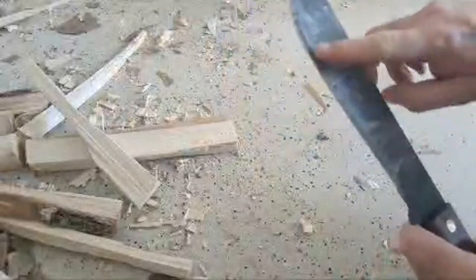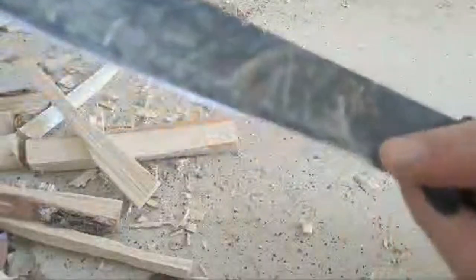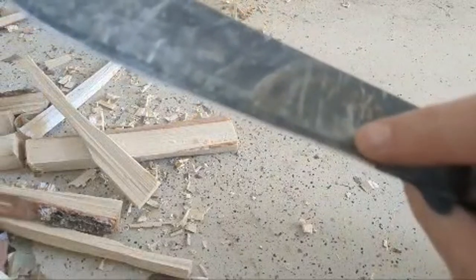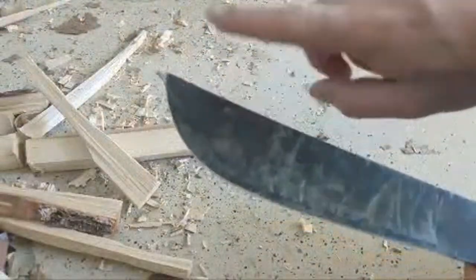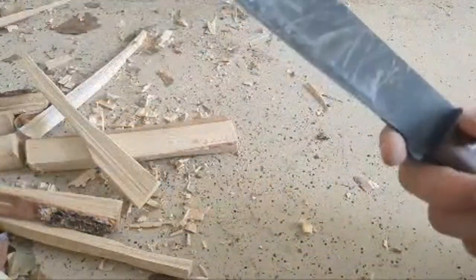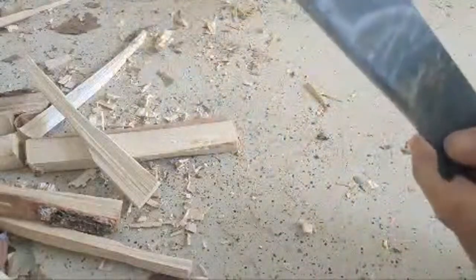I intend fully on actually taking this to a sharpening person, not to change the bevel, but to bring the bevel all the way back, actually. So there's a first bevel, and then there's a second bevel, and I just want one solid bevel all the way around, not even to the tip. Especially to the tip, actually. What other modifications I might do is, well, not other, I guess the sharpening is a basic one. I may